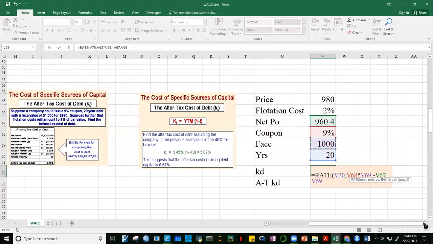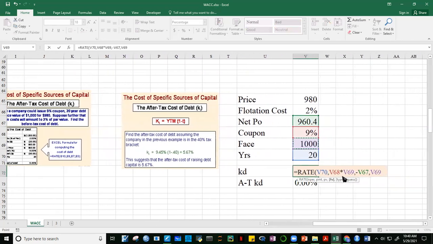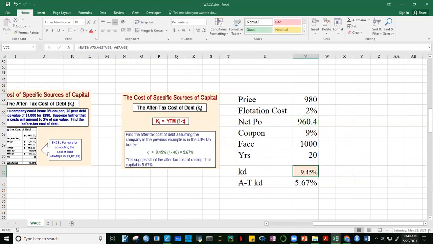Okay, take note, magkapareho ng sign yung PMT at saka yung future value. Yung iba, yung negative, yung net price. Okay? Kasi ito yung uutangin ng company, no? Ito yung mauutang niya, 960.4, tapos ang babayaran niya yung 1,000 at saka yung interest na 1,000 times 9%, yung coupon. Okay, so the rate is